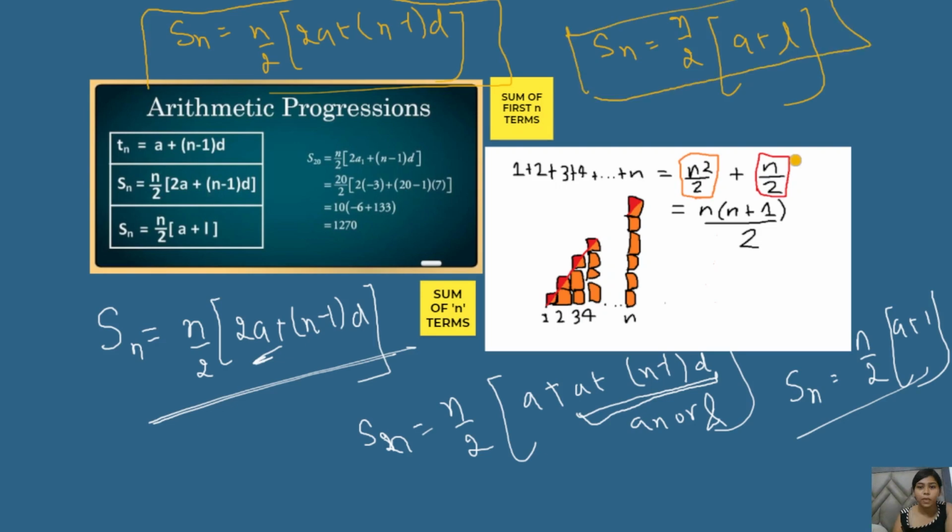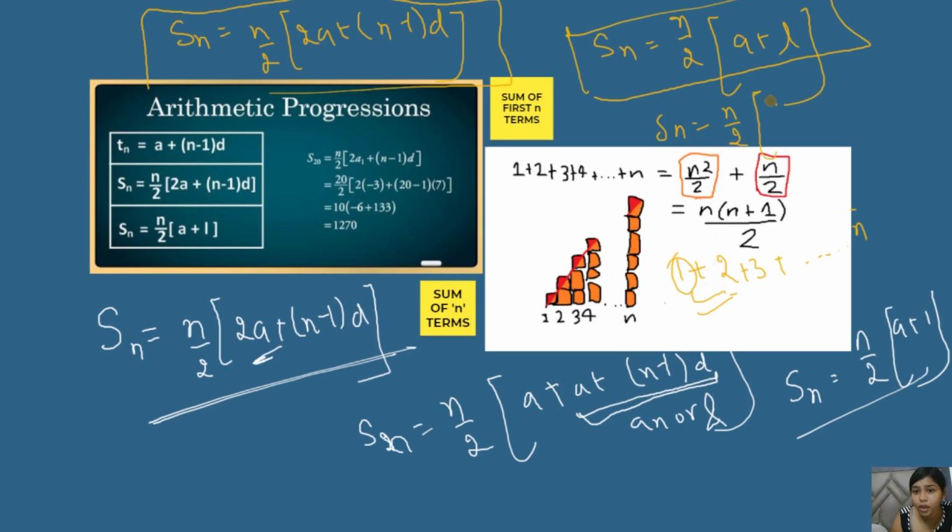Now this is your sum of the first n terms. In this particular case, the first n terms means the AP starts from 1 plus 2 plus 3 till n. We are aware of A and also of the common difference, so we can write Sn equals n by 2. We are not aware of the number of terms, it is n only.